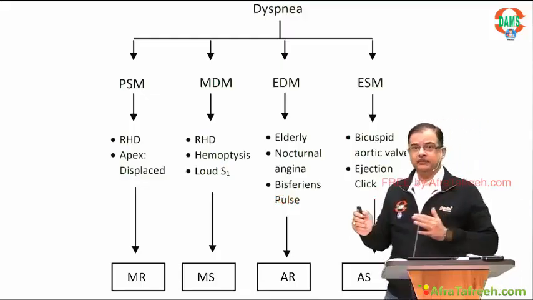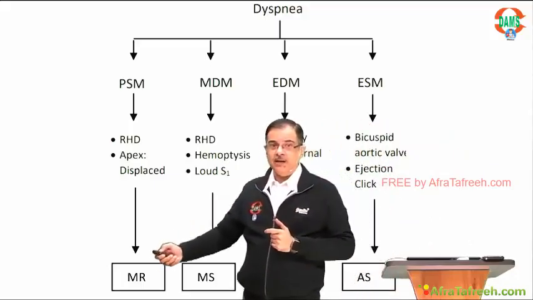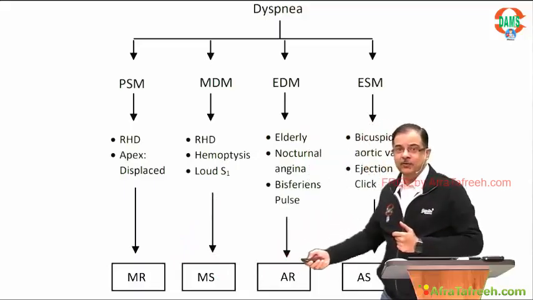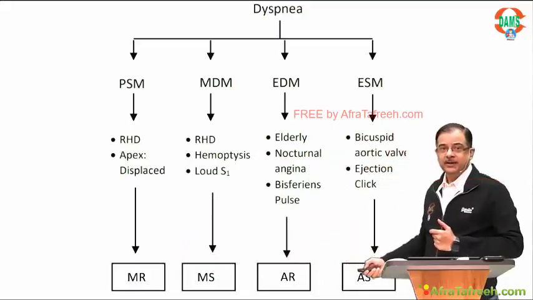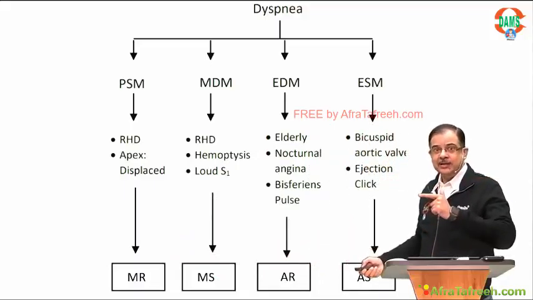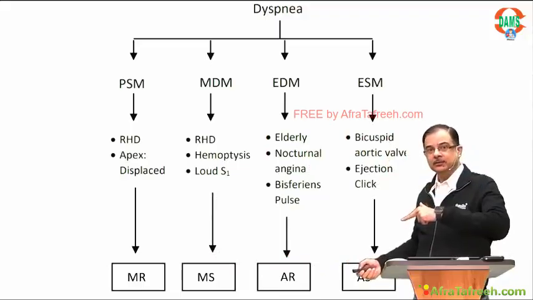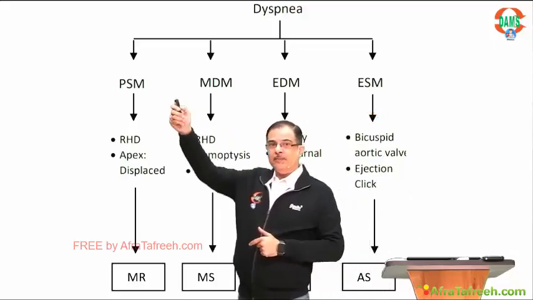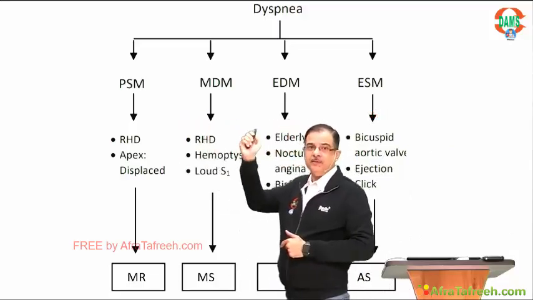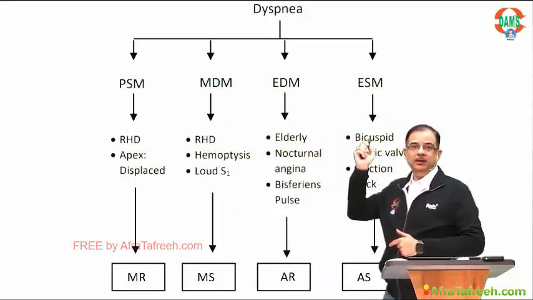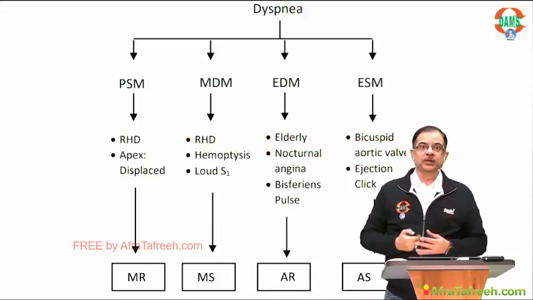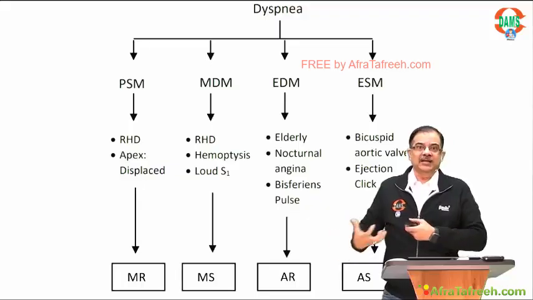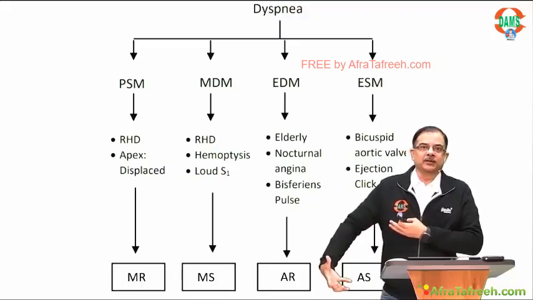And remember, whatever the left-sided valvular heart disease, the same valvular heart disease on the right side will produce the same type of murmur. And what will be the symptom in those conditions? Symptoms in those conditions will be swelling. Sign will be congestive hepatomegaly. That will be the sign.